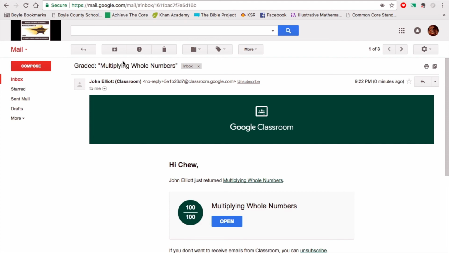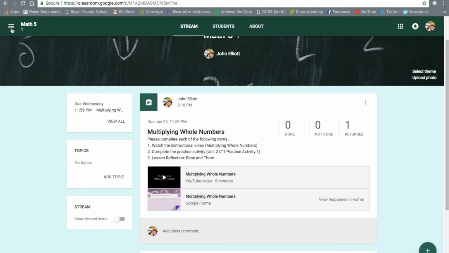So back to... and again, I can look at student work, or I can look at the simple instructions of that assignment. You can make those as detailed as you want. As we continue to add to our depth of understanding of the Google Suite, we'll be able to continue to tie them back into this. And I'll just keep this Google Classroom up and going, and we'll come back and we'll build even more complex lessons. But that there is just a way to go, hey, what's the way that I could differentiate instruction, or